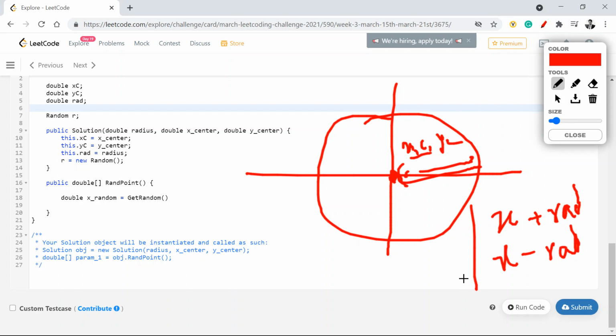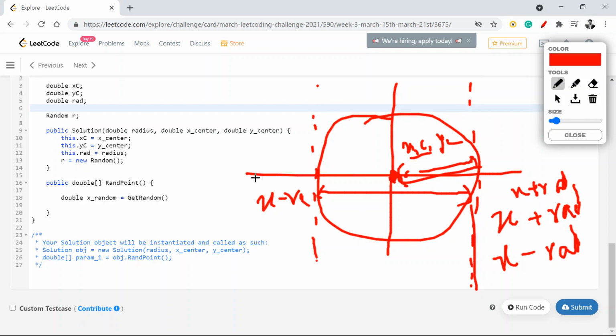This is the range of x. And I need to find any random value which comes under this bucket. Similarly for y, I need to find any random value which comes under this range. I hope you're getting me. And I'm going to use that formula just to ensure that I am not finding anything outside this range.